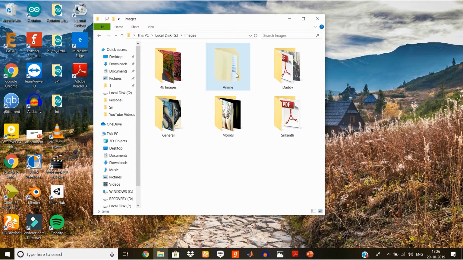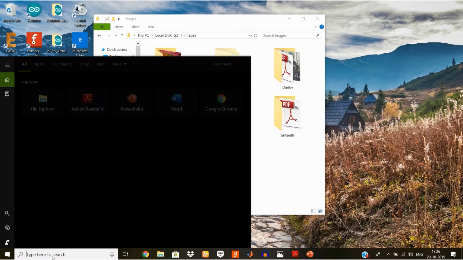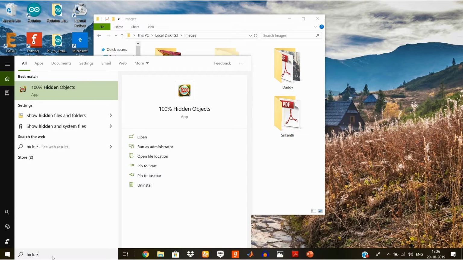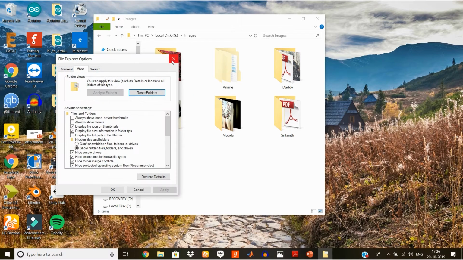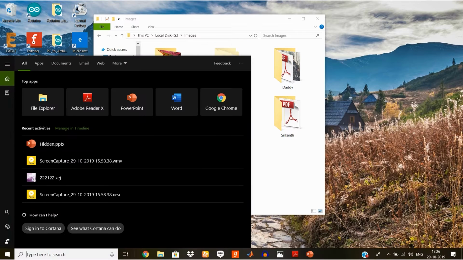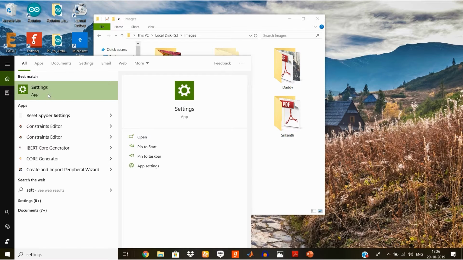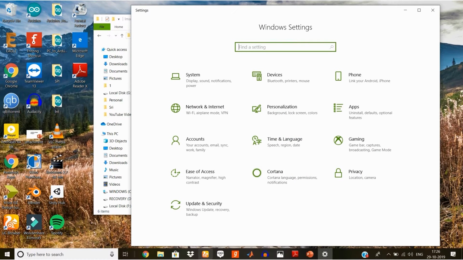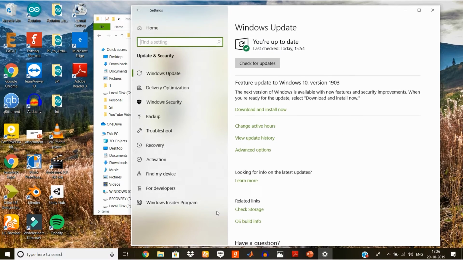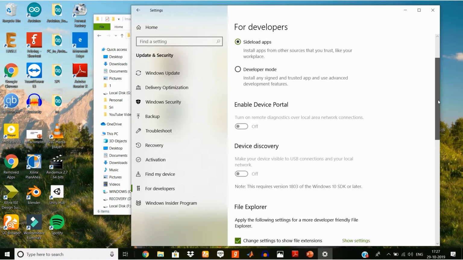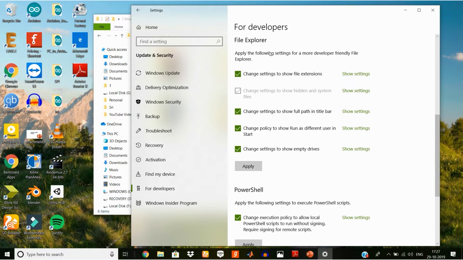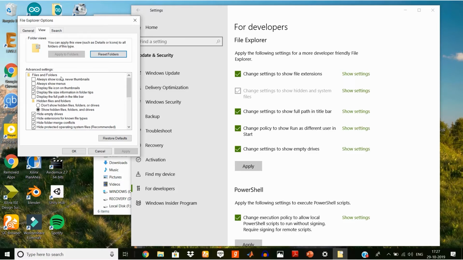Guys, to hide this anime folder completely, we went to the search bar and typed hidden. Hidden is a shortcut and the easiest way to get to the pop-up window. You can see this pop-up window. Either we can go with this hidden option or else we can go through the settings. For now we'll go with the settings. So now I'm going to open the Settings tab. Here you can see an option called Update and Security. Just click on it. After clicking, you can see an option called For developers. Scroll it down, and after scrolling you can see an option called File Explorer. Just click on the Show settings option. This is the same as what you did earlier. So this is how it works, guys.